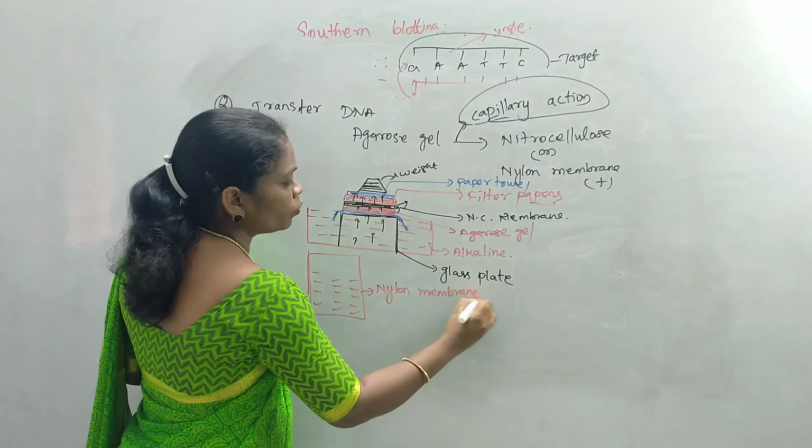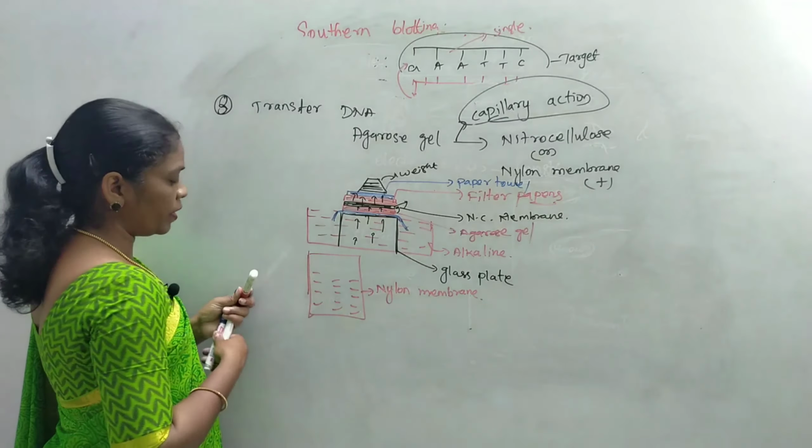Now I am going to treat this paper with the probe. As I told you already, the probe is nothing but the complementary pair of this particular target sequence. I am going to allow the probe to be on this nylon membrane. Imagine my probe is here, and this is my target DNA sequence. If I introduce the probe onto this nylon membrane, the probe will attach and form complementary base pairing with this target sequence. So I can find out my target DNA sequence by this method.